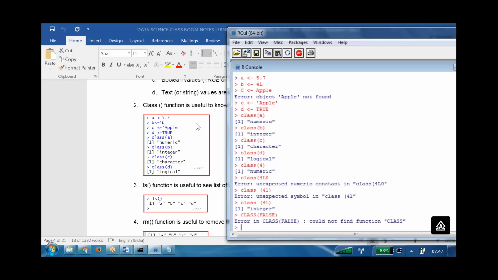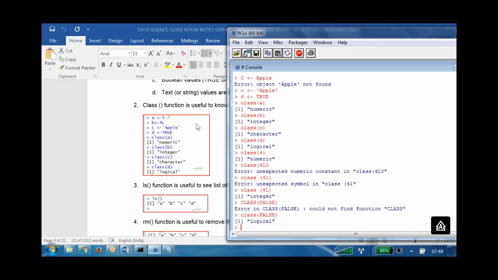Now what is it saying? Could not find function class, because it was written in capital letters. Small letters we have to write. These errors are also very important for us, so that we come to understand which is case sensitive and which is not. Now we are seeing here logical.